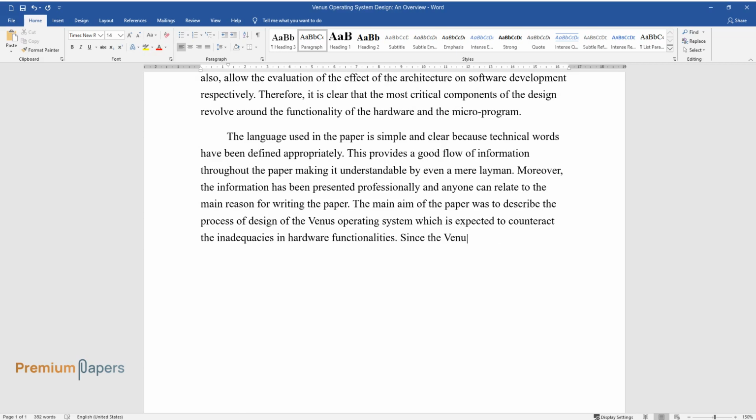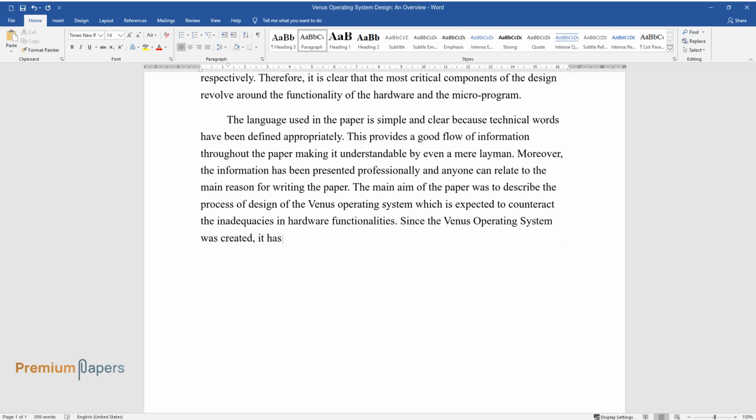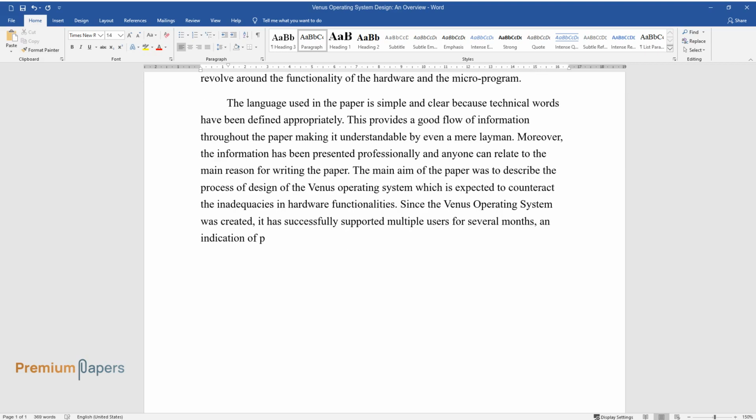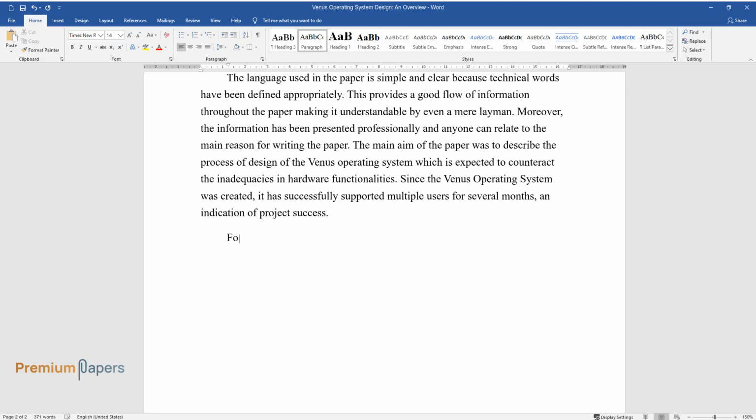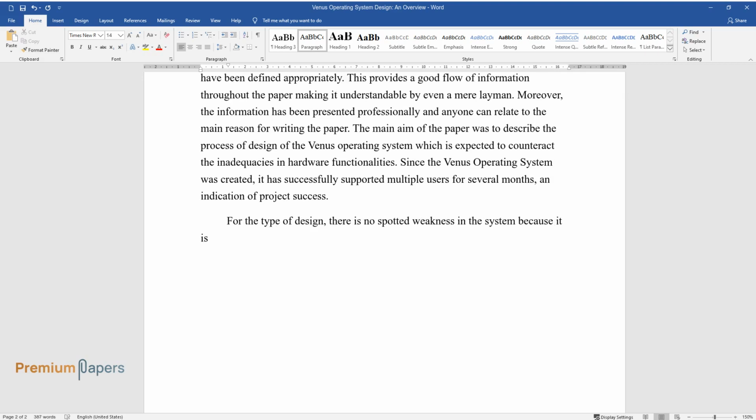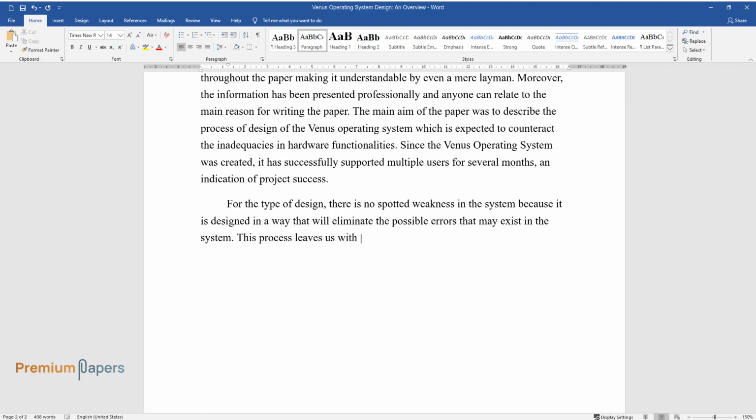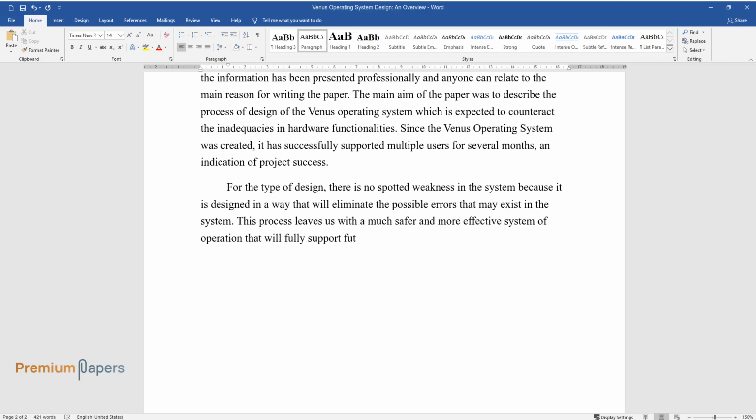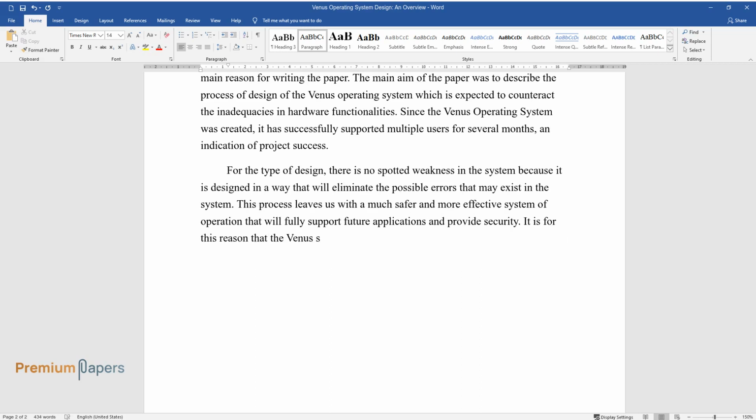Since the Venus operating system was created, it has successfully supported multiple users for several months, an indication of project success. For the type of design, there is no spotted weakness in the system because it is designed in a way that will eliminate the possible errors that may exist in the system. This process leaves us with a much safer and more effective system of operation that will fully support future applications and provide security. It is for this reason that the Venus system was created, so that effective and more secure